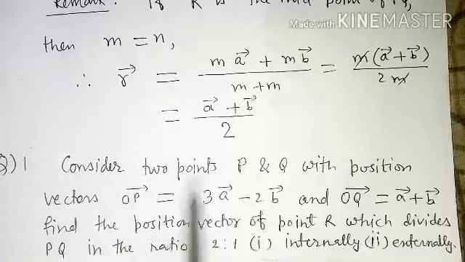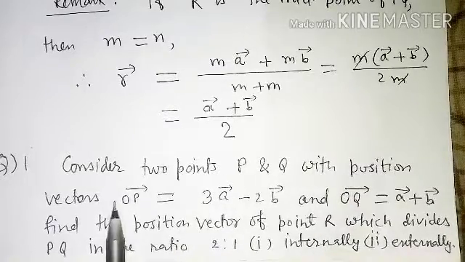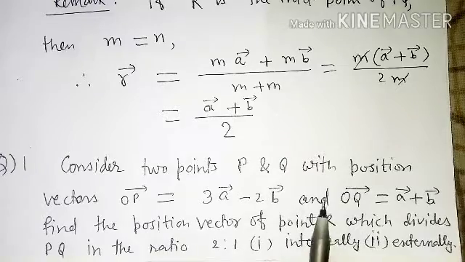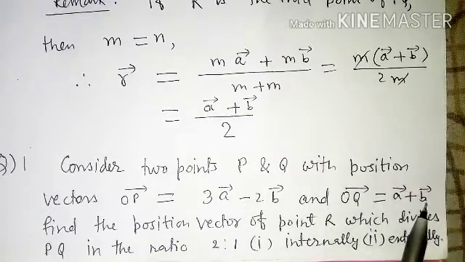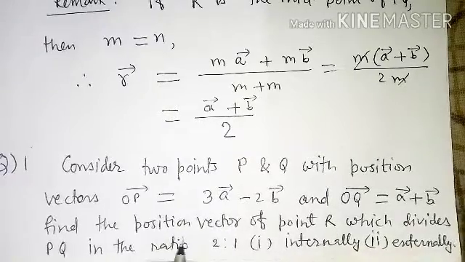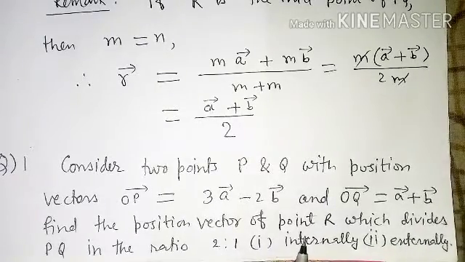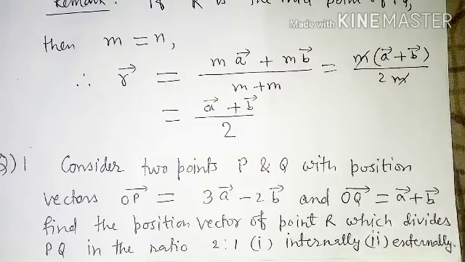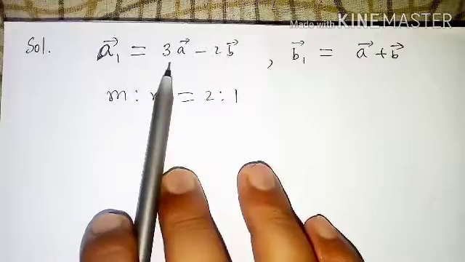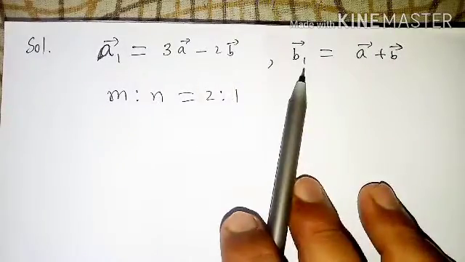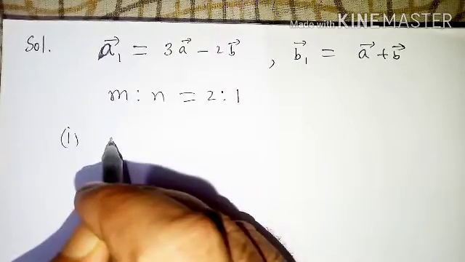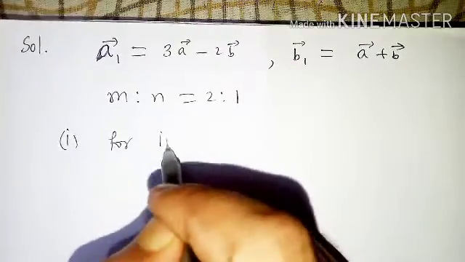Consider 2 points P and Q with position vectors vector OP is equal to 3 vector A minus 2 vector B and vector OQ is equal to vector A plus vector B. Find the position vector of point R which divides PQ in the ratio 2:1 internally, externally. We have here vector A1 as 3 vector A minus 2 vector B, vector B1 as vector A plus vector B. First, for internal division,